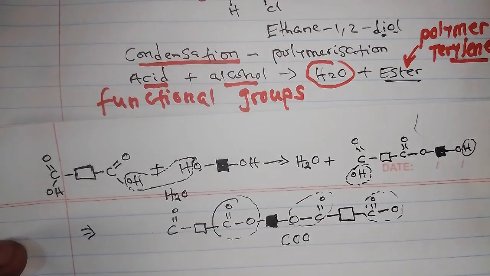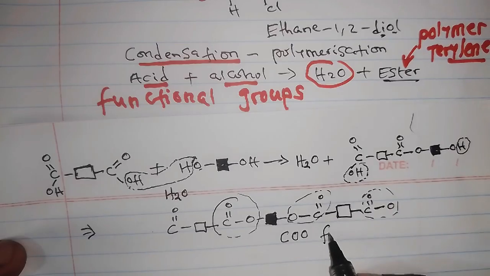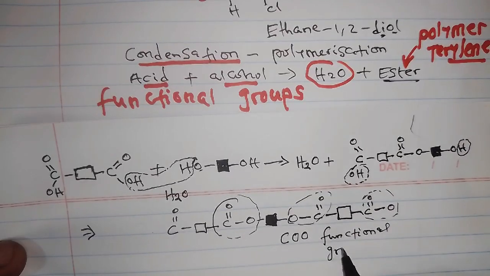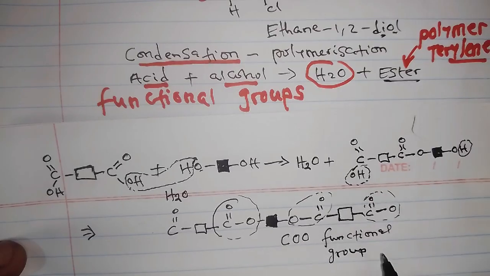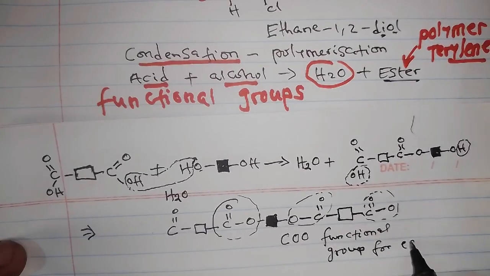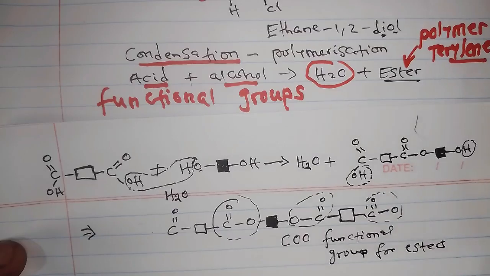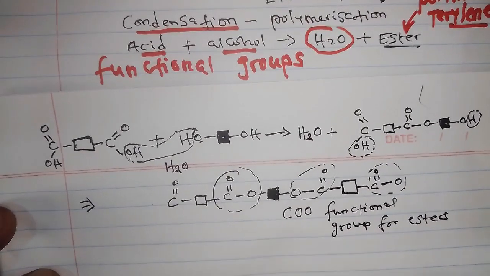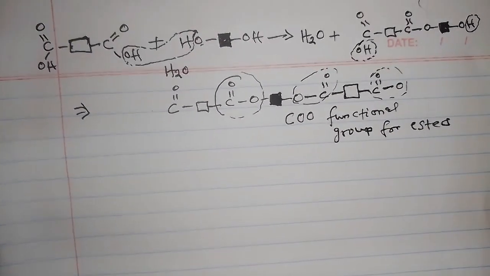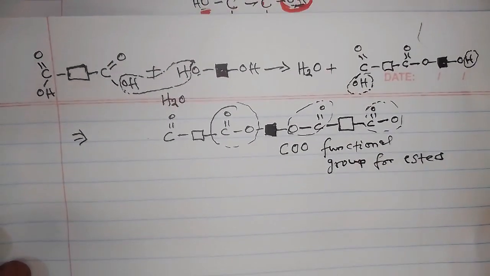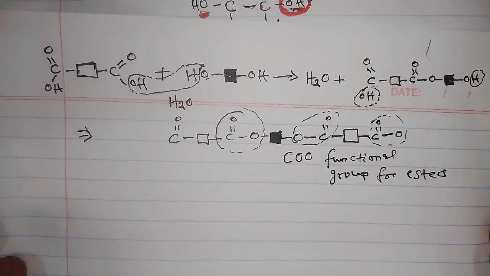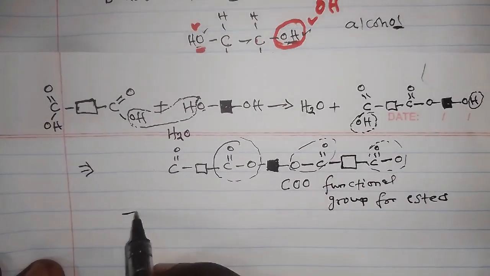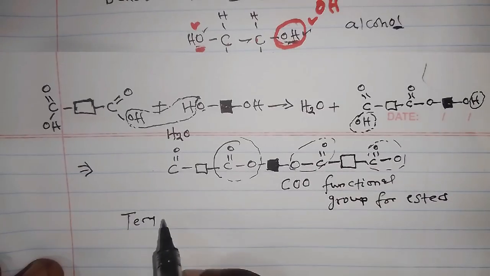This COO is the functional group for the esters. That's what you need to understand. Therefore, when you're looking at the name of the polymer, in this case terylene,